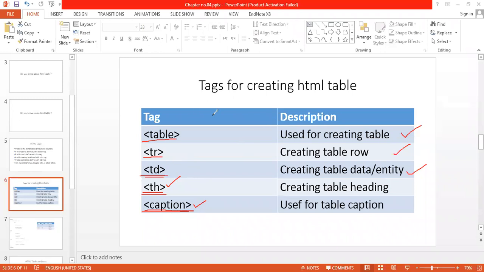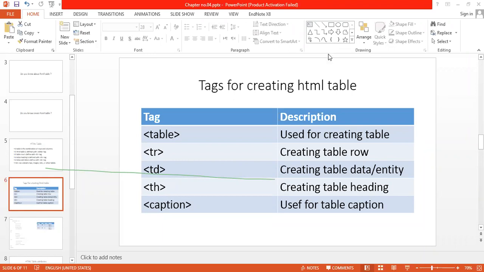If you have any question regarding this, td basically is used to create the column. In other words, it is used to create the column. So tr is used to create the table row, th is used to create the table heading, caption is used to create the title of the table, and the table tag is used to create the table. I hope it will be clear to you. If you have any question you can ask after practicing. After practical work, your concept will be 100% clear.